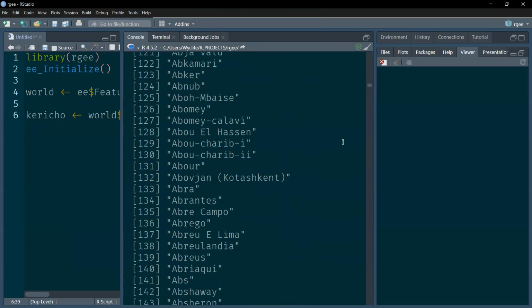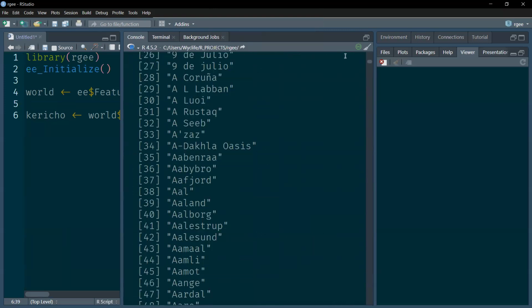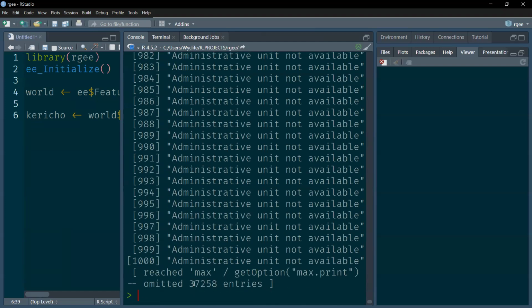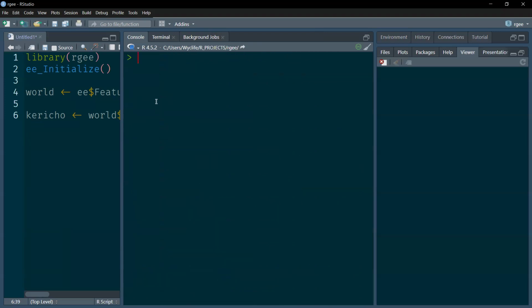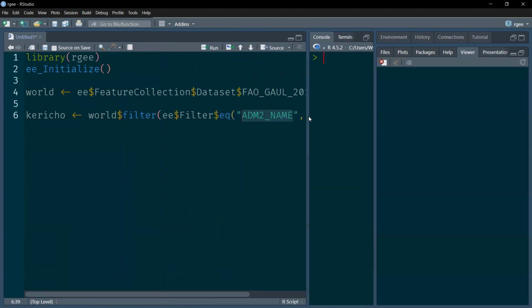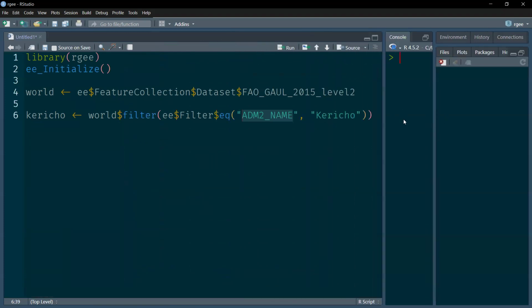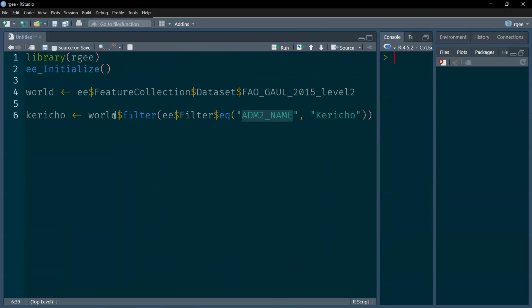Some are not available, majority are not available, so it will take us quite some time to get to Kericho, and you can see there are over 38,000 in that list. So we can pass it to a list object and then look for Kericho, but of course, I'm pretty sure that Kericho is one of them, just in case somebody is doubting. Okay. So this will give us our region of interest, which is Kericho,